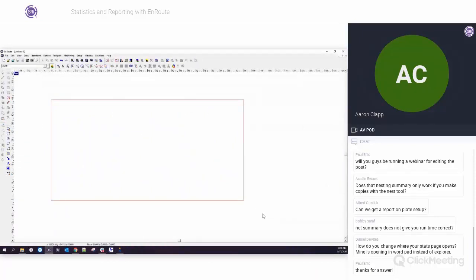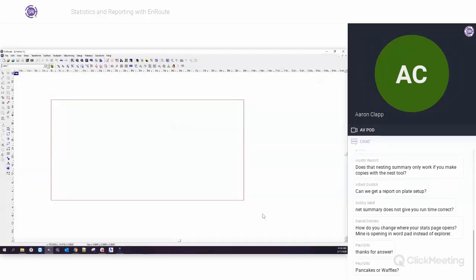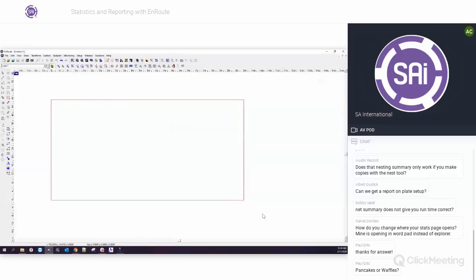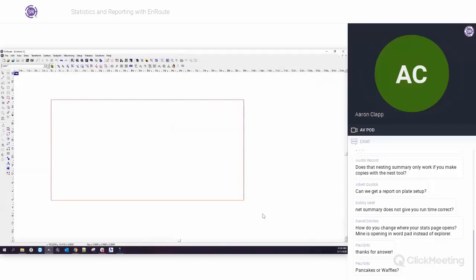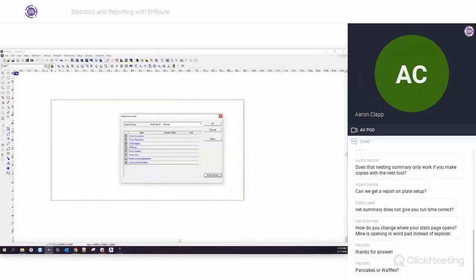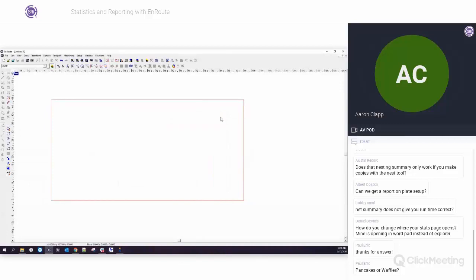Okay. And had a question from Bobby. He said that net summary does not give you a runtime, correct? That should give you a runtime, correct? It should give you, as long as you calibrate it correctly, making sure that you have feed rates in your toolpaths, and that your setup menu, machine setup, material feed speeds are set under the driver speeds. As long as all the settings are set correctly, you should get a